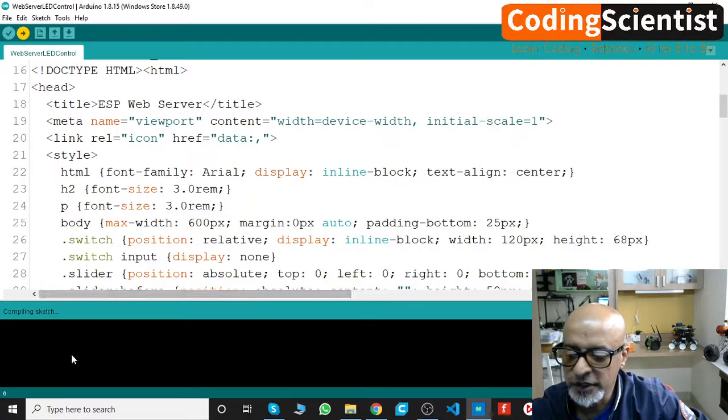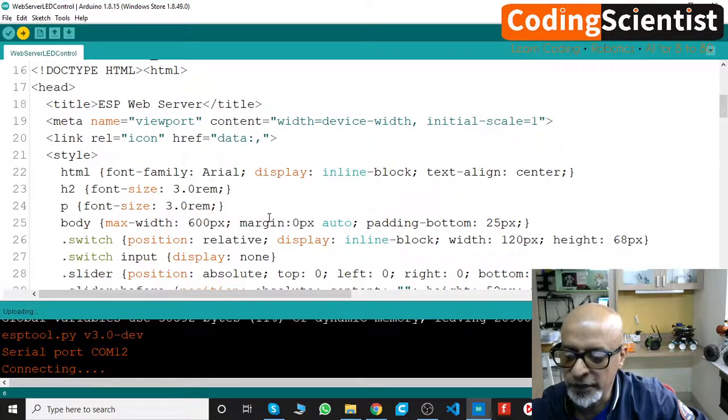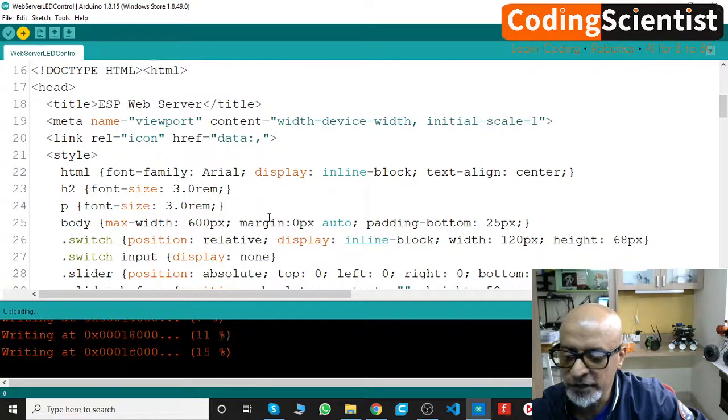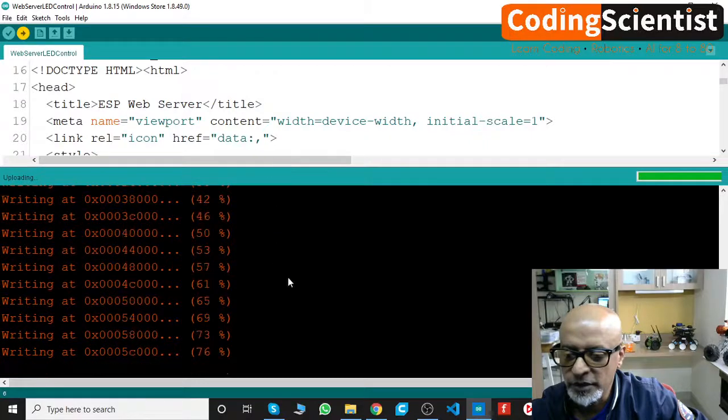Until we see that red trigger here, writing and stuff like that, we never know whether the code works or not. But yeah, it's still compiling. This is taking, yeah, there you go. Now it's connected, it's writing. Can you see that? It's writing at the bottom. There you go, it's writing.